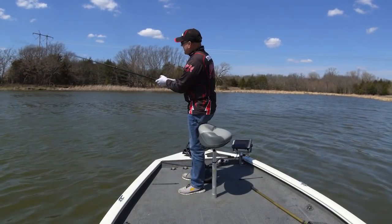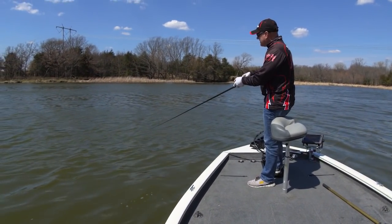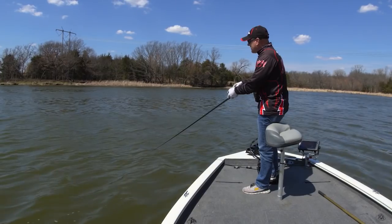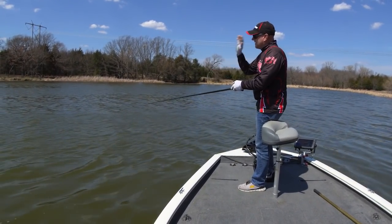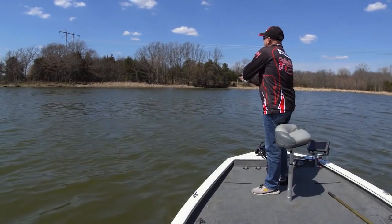On the lipless crankbait and on a regular crankbait, the little square bill that I'm throwing, I'm pointing that rod tip at the bait, and I'm keeping my rod tip down and reeling it at a steady retrieve, and every time it hits something I kind of hop it a little bit. But the key is that big soft rod and monofilament line. You got a lot of stretch going on out there, and if you want to get a hook set on them at all, you need to cast it out there,